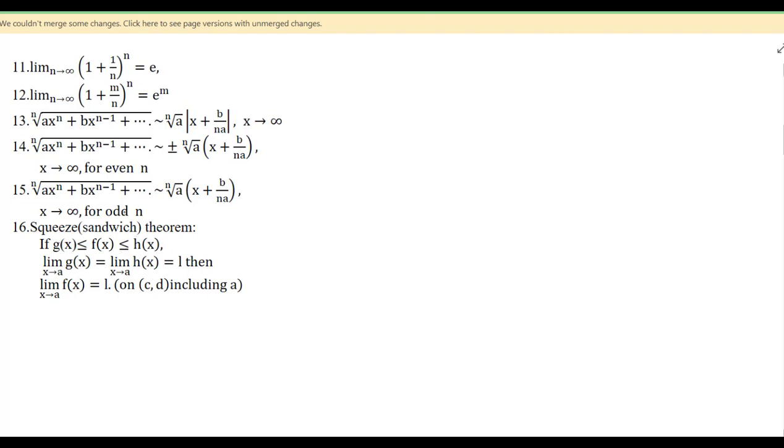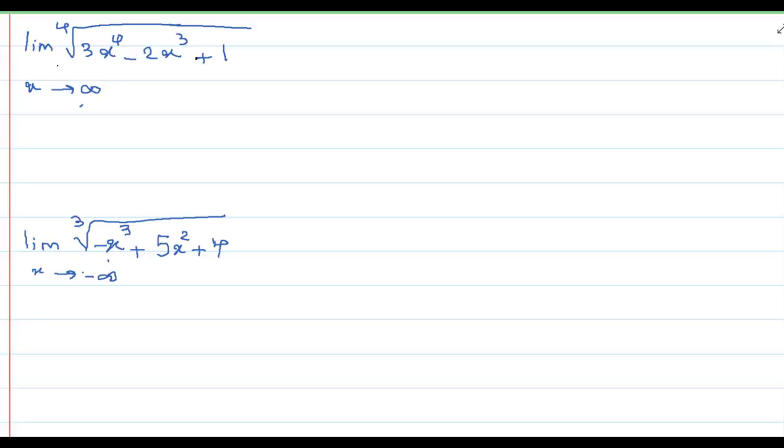And for an odd number, we have just this without positive and negative, just the radical n a times x plus b over na. So if we go back to this, we can say that this is equivalent